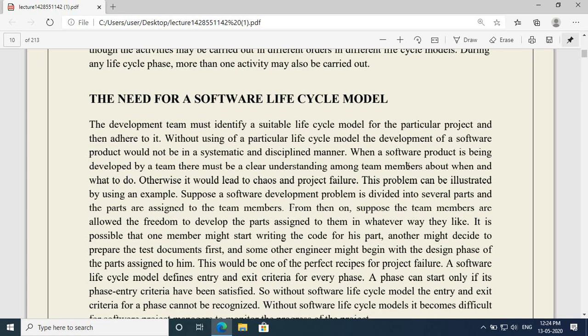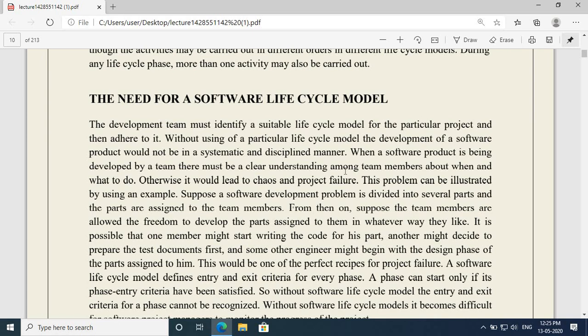See, when we develop software, only one person never develops the software in one day. For developing the software, there must be a team. A team consists of one or more people, who develop the software over a period of a year or more. So for managing the team, and for knowing when and what to do, we can adopt one process, one model. This is the need of a software lifecycle model.